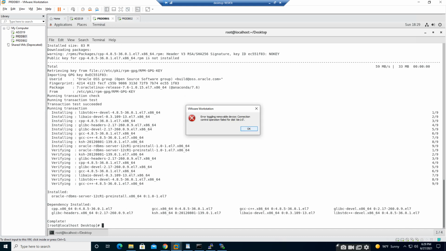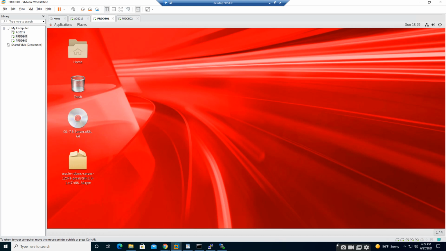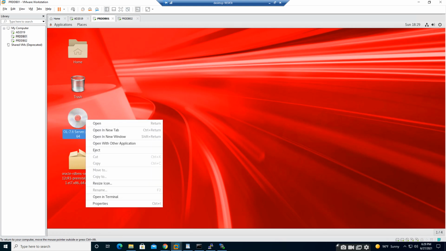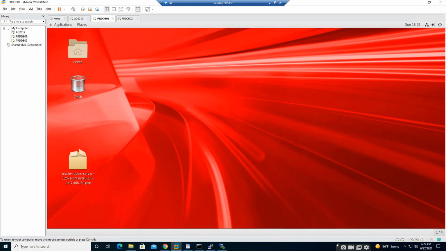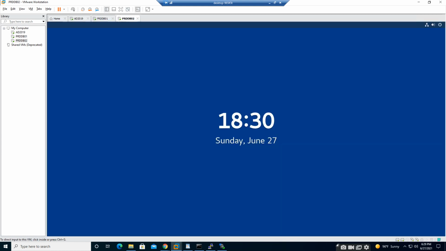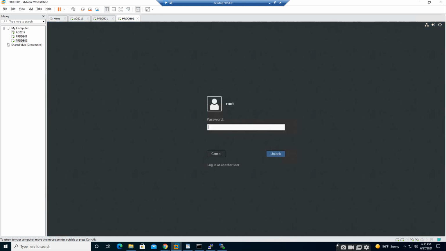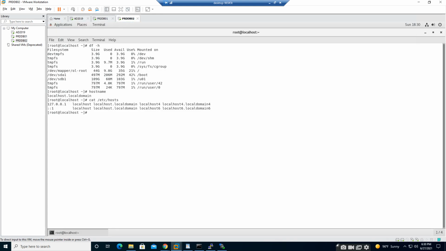Have I opened the terminal? Let me see if it is open somewhere. So I will check this and disconnect from the server. It's already disconnected now. So I'll go to my node 2 and log in as root, password,